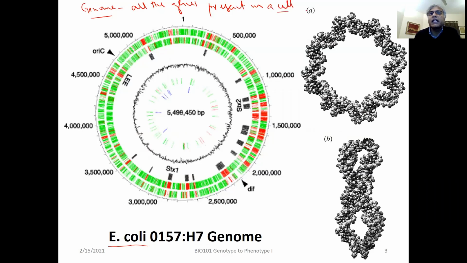It can be a bacterial cell, it can be a human cell, it can be a mouse cell, etc. So this is a circular chromosome, nucleotide number 1, going all the way like this. It's 5.4 million base pairs. Okay, the E. coli genome. And each green line or red line represents independent genes, which means, you